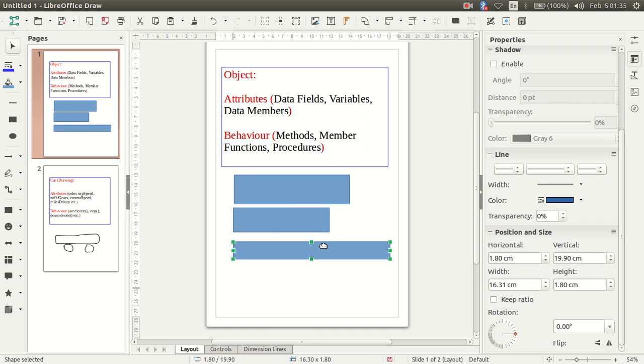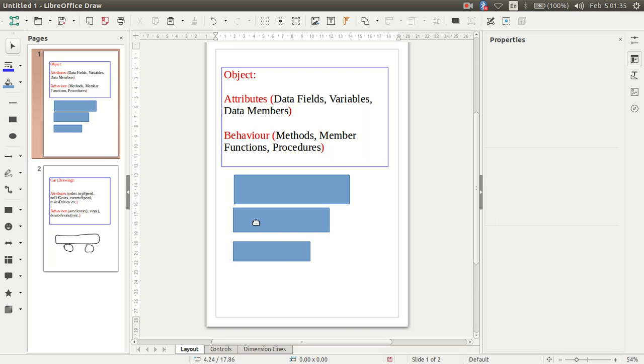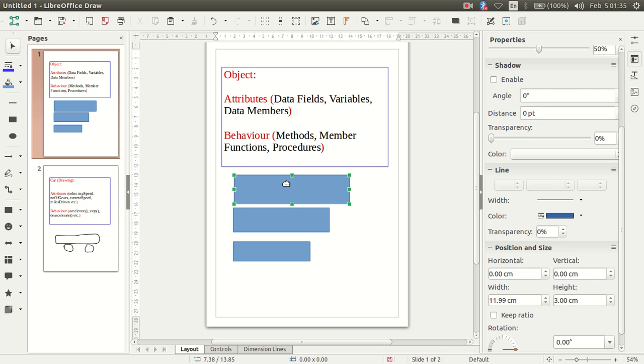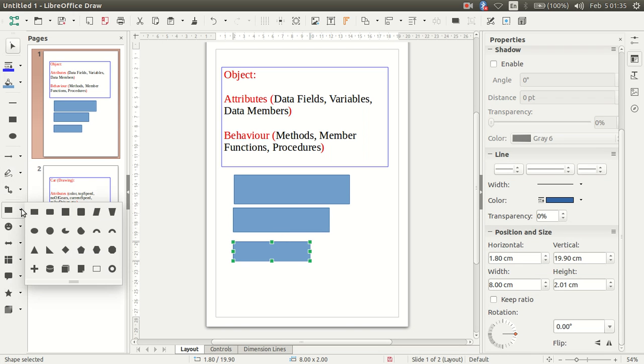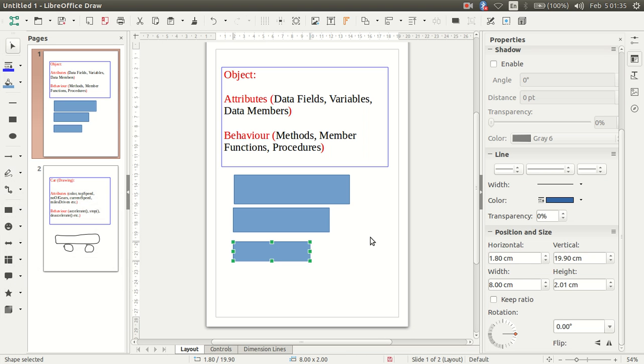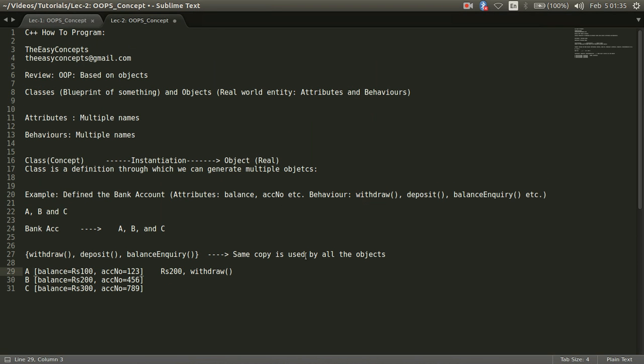Similarly for the third one, I would make its length 8, which is smaller than above, and will make height 2. So you can say that we are generating different objects with different attributes from the same class, and the class is a rectangle class. So similarly, we have different attributes for the same class, or different attributes for different objects.